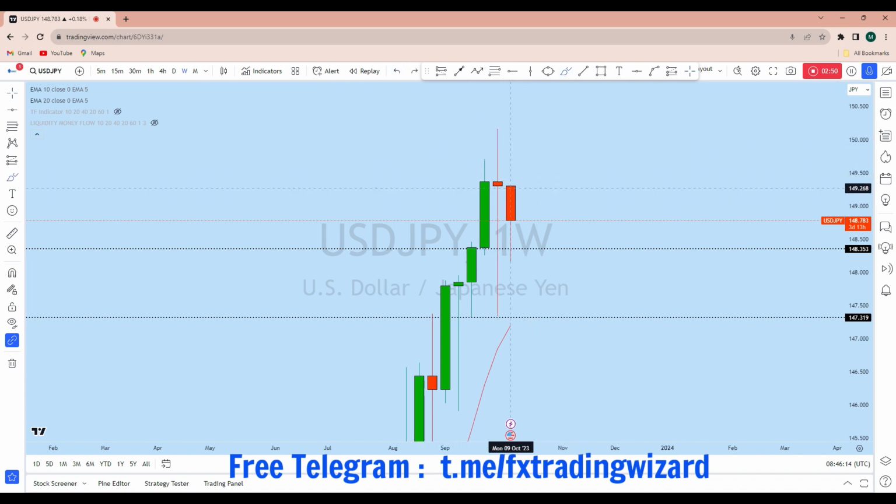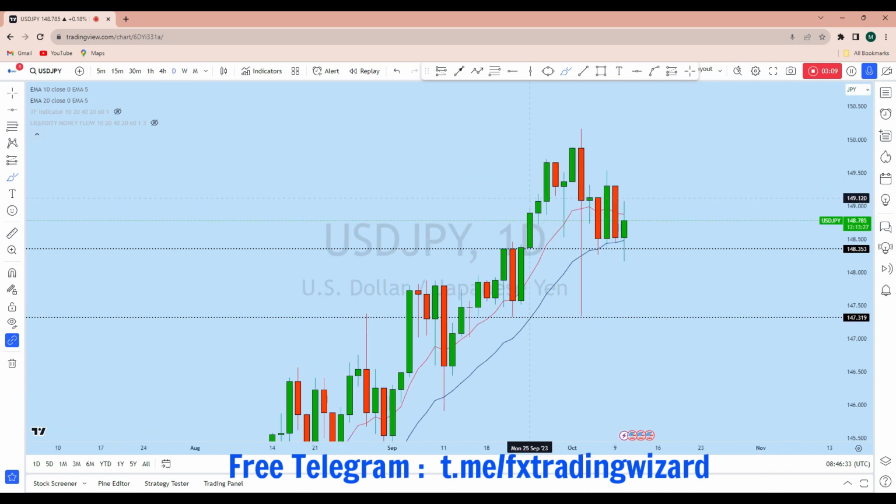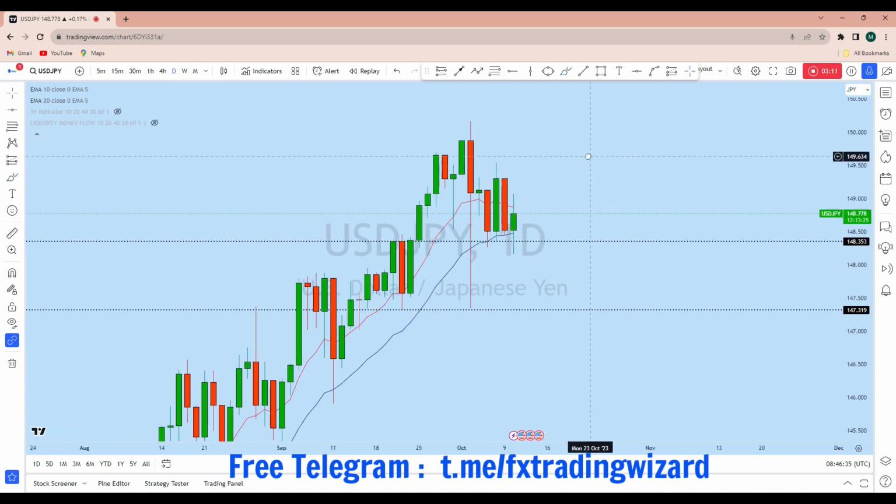We see that the price still hasn't tested this important resistance line, as the upper wick is still an imbalance in the market. So we can expect dollar yen to slowly go up to test the upper wick of this previous weekly candle. Now looking at the daily time frame to see how the price action is evolving,